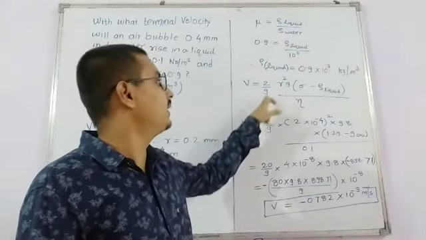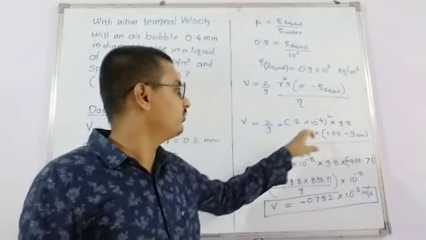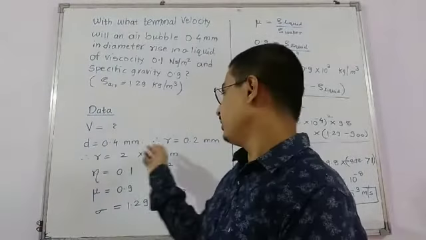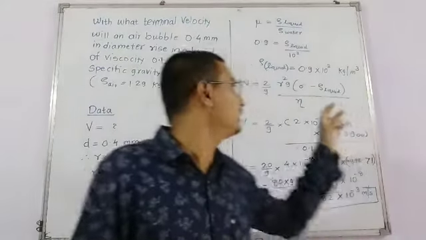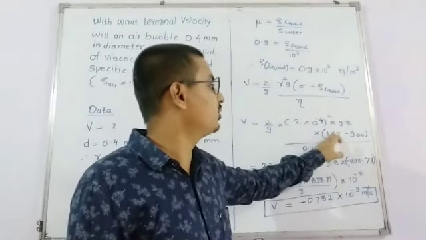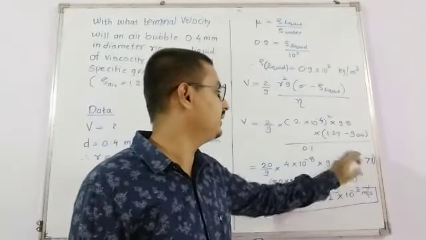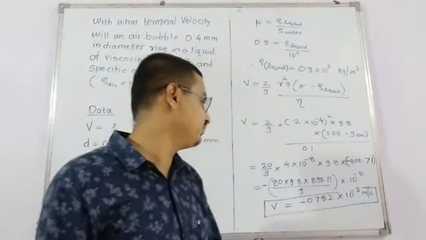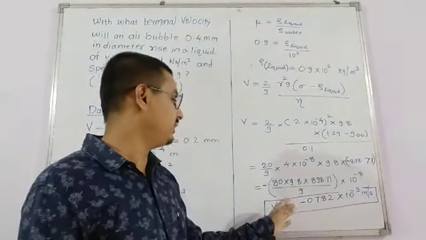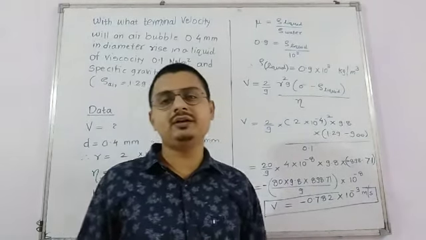So V is equal to 2 by 9 R square g (sigma minus density) divided by eta. So if we substitute all the values we are going to get it. So R is equal to 2 into 10 power minus 4. उसको स्क्वायर करेंगे हो जाएगा 4 into 10 power minus 8. g का वैल्यू है 9.8 और यहाँ पे सिग्मा is 1.29 kg per meter cube minus 900 kg per meter cube. यहाँ पे जो आंसर है that will be negative, minus 898.71. So if we make a product of this, log और antilog से हम ये सॉल्व कर सकते हैं और हमें आंसर मिलेगा V is equal to minus 0.782 into 10 power minus 3 meter per second.